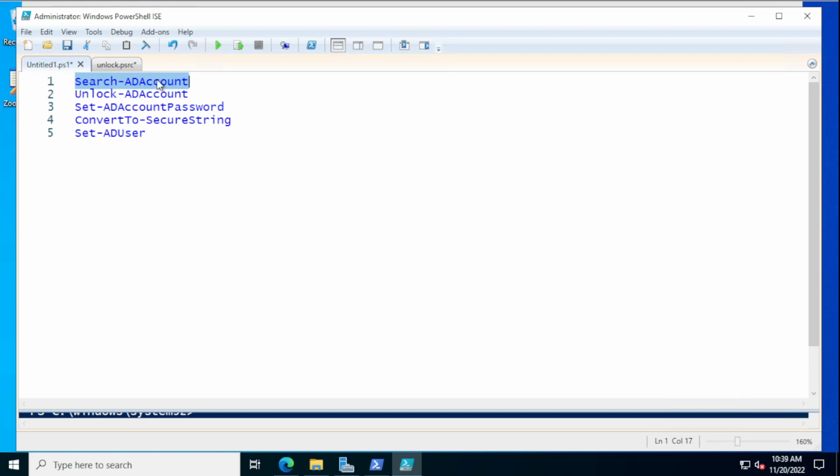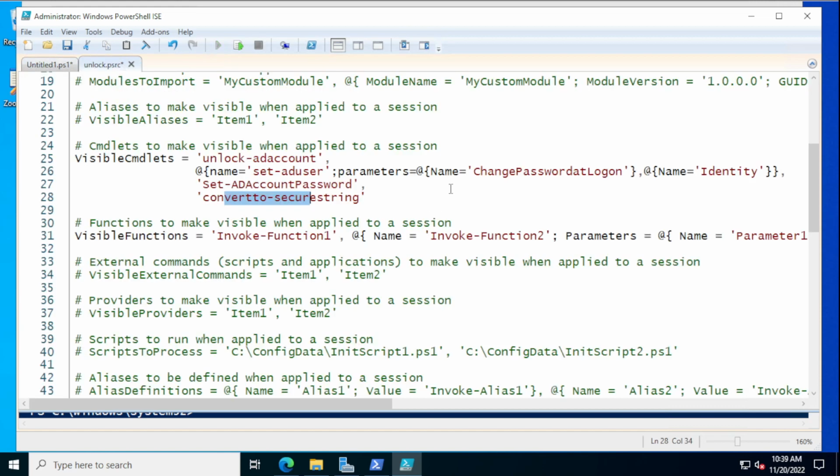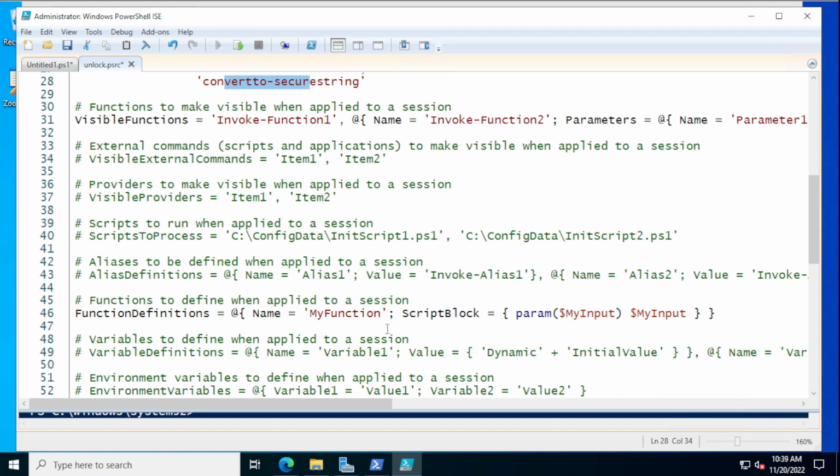So if you just do search AD account, you can search on an unlocked or a locked out parameter, but it does give you the AD account. If I want to then pipe that to something else, I need to just grab the username part of it, the SAM account name part of it. So in order to do that, I can make a function out of that. So see this function definition right here. I could go ahead and put together